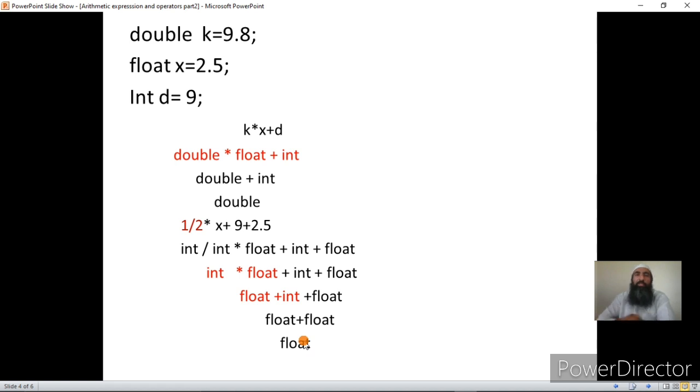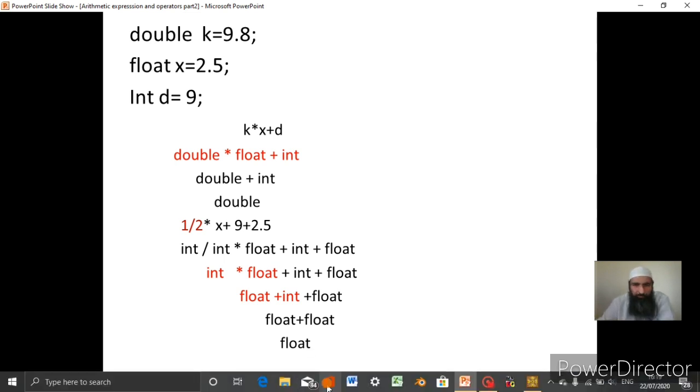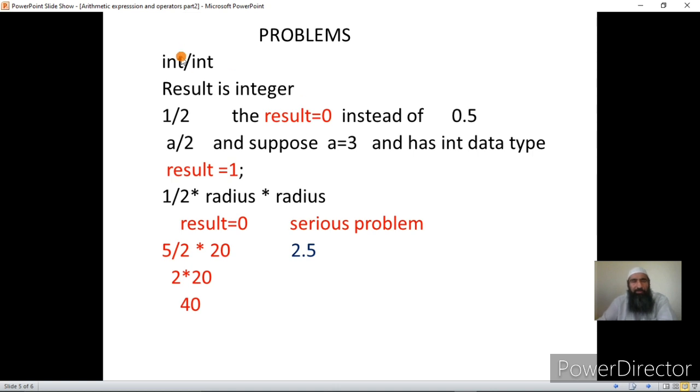Okay, now this will lead to a severe problem, and if we don't know this problem, we will arrive at wrong results in the arithmetic expression. Let me tell you what the problem is. The problem is mostly in the case of division, even though there are other applications of this concept also, but let us see what happens to the division. Whenever you are dividing int by int, the result it will produce is an int, and this is the problem. I will show you practically in the compiler.